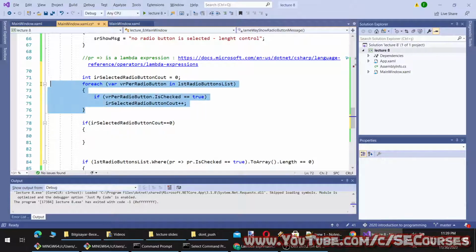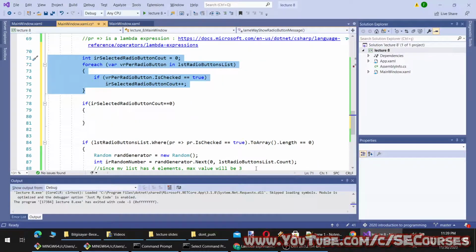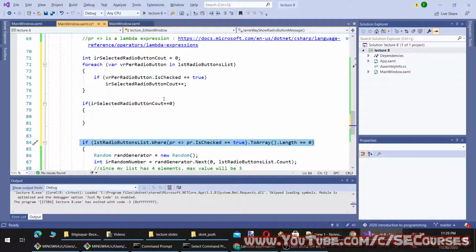So this, you see, this is how many lines? It is 6 lines of code is equal to this. Actually, there is also this one, so this, it is 7 lines of code.